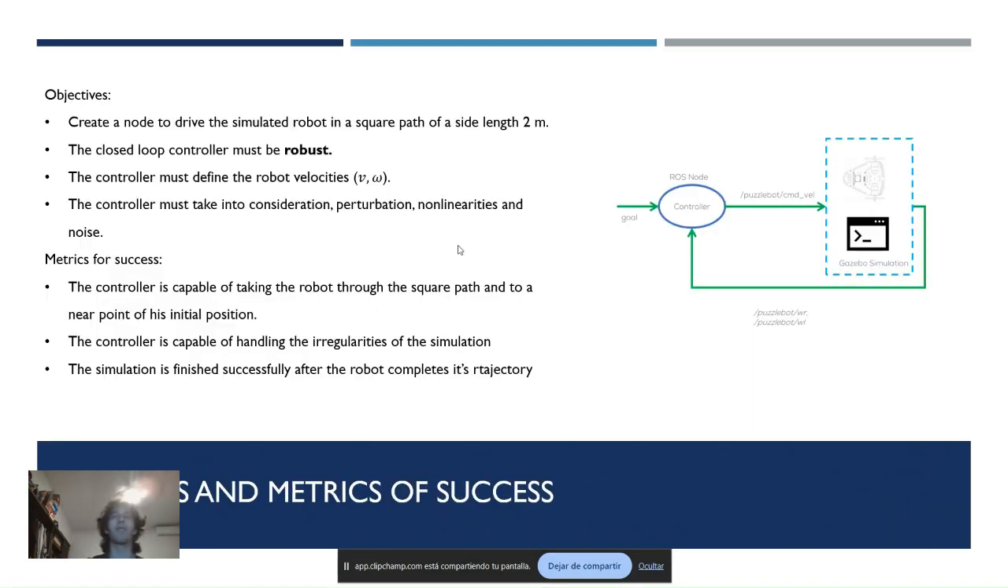So the objective of this homework is to create a node to drive the simulated robot in a square path of a side length of 2 meters. The closed loop controller must be robust, the controller must define the robot velocities, and it must take into consideration perturbations, nonlinearities, and noise. Some of the metrics for success for this simulation is that the controller will be capable of taking the robot through the square path and to a near point of its initial position. The controller is capable of handling the irregularities of the simulation, and the simulation is finished successfully after the robot